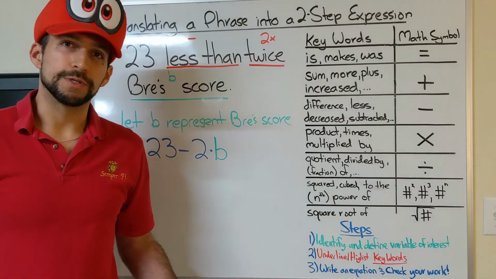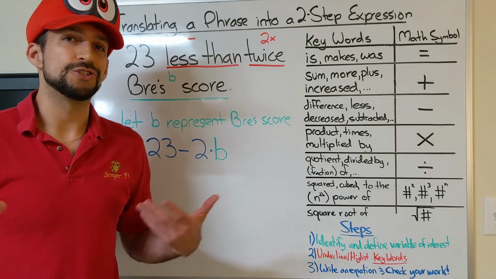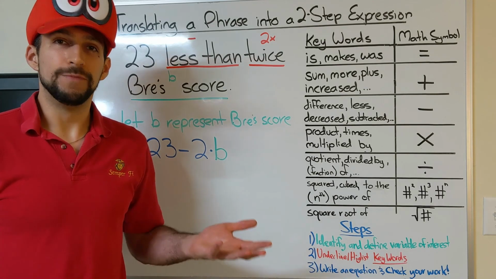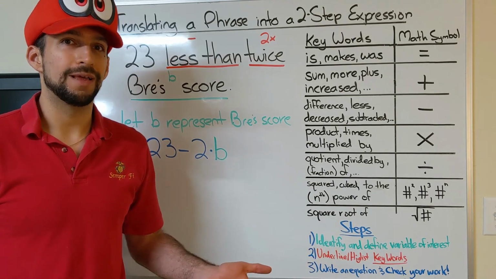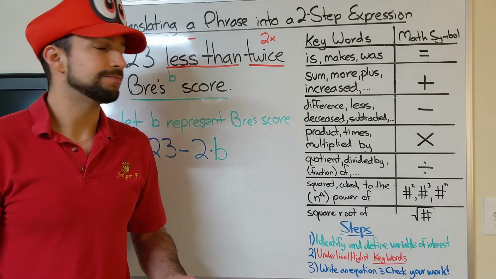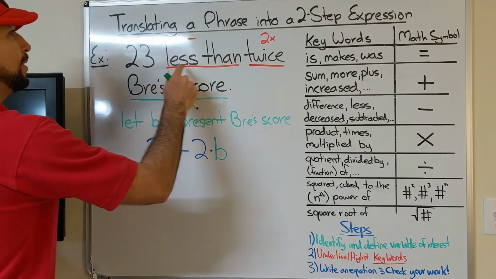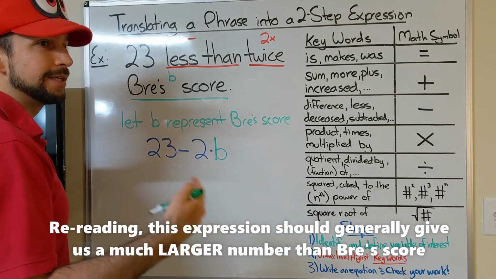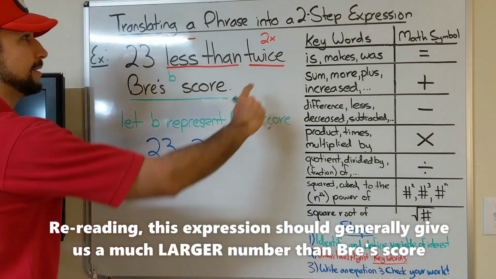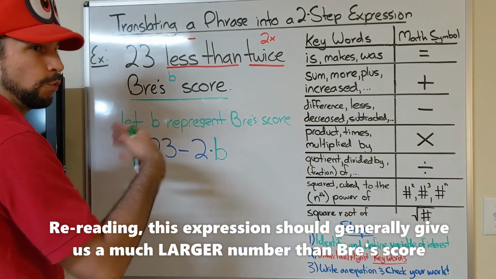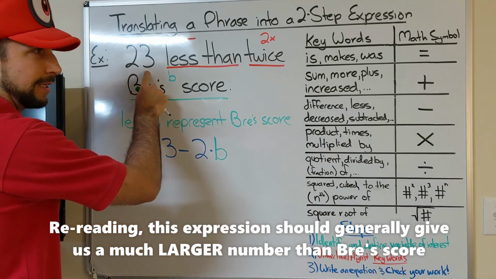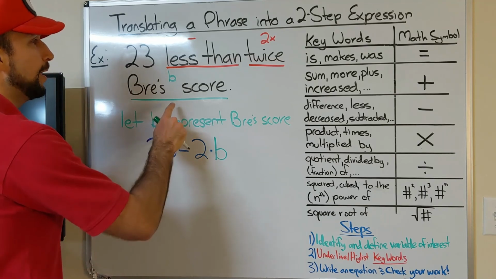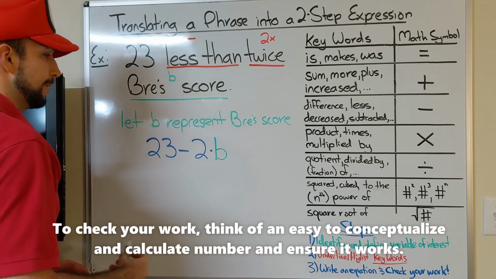Now we don't have an equal sign here, so it's going to be a bit difficult to check this. But what we can do is, let's think of a number that should work reasonably well and see if that checks out in our expression. So 23 less than twice Bree's score. Well, it sounds like this person probably did significantly better than Bree, since if you double Bree's score, you have twice as much, but it's a little less than that. So let's think of a score that Bree might have gotten. Maybe Bree didn't do too well, she got a 60%. So for example,